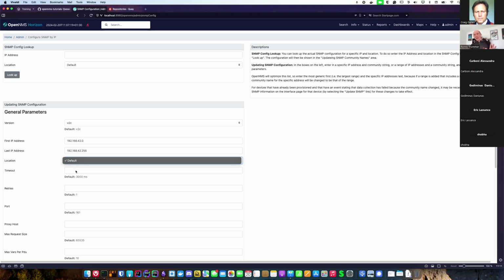It makes it much easier to get access to devices in remote locations. It also helps you, for example, with overlapping IP addresses. My home office has the same IP range as Greg's home office, right? How do you solve that? That's where the location comes into play.